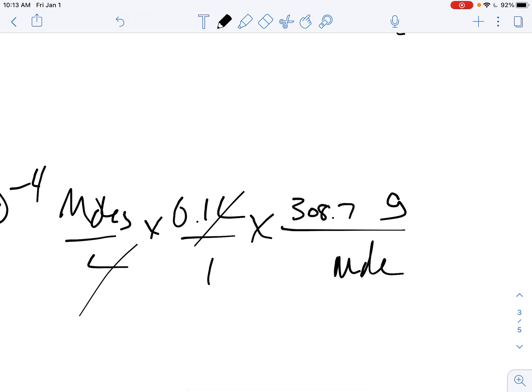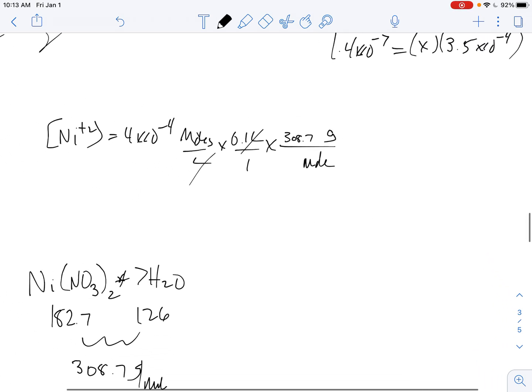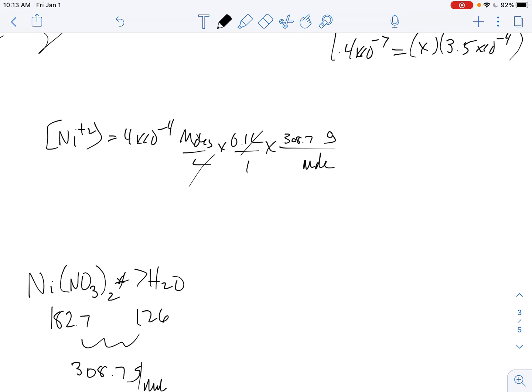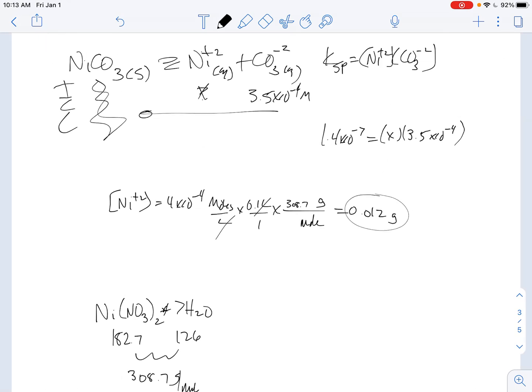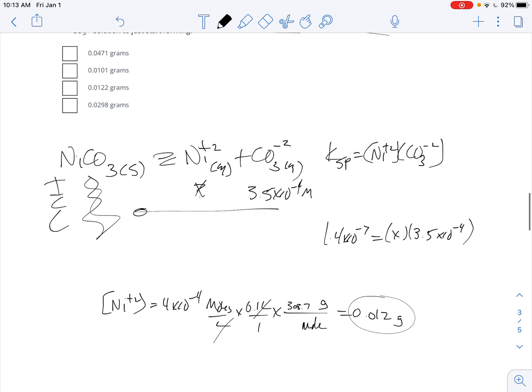So I come back up here and I have 308.7 grams per mole. So I just include that and I'm done. So the 308.7 at the 0.1 at the 4 times 10 to the negative 4th gets me a value of about 0.012 grams. So 0.012 grams, like so. That guy there is